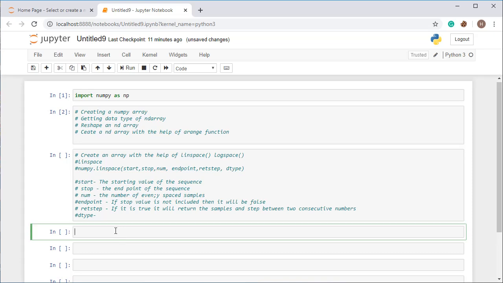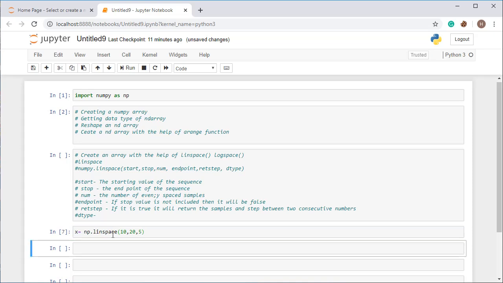Now I am going to show you how to create an array with the help of linspace. So let's take x as an array, and now I am writing np dot linspace, and I am giving start position 10 and end position 20, and I want 5 different numbers between 10 and 20.